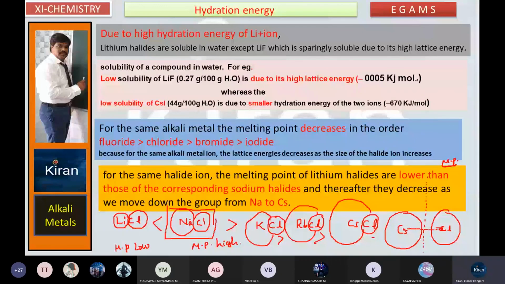Because when you observe sodium, it is 1s2, 2s2, 2p6, 3s1, and chlorine is 1s2, 2s2, 2p6, 3s2, 3p5. Both are almost equal in size. Both have 3 shells. This is having 3s1, this is having 3p5. So equal attraction forces exist in this case, and that is the reason it is the exceptional case, possessing a high melting point compared with the other halogens. So this is the IIT bit.